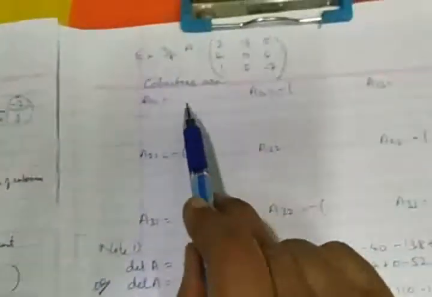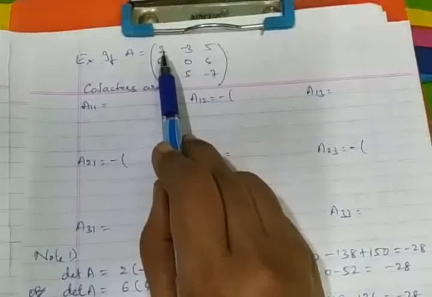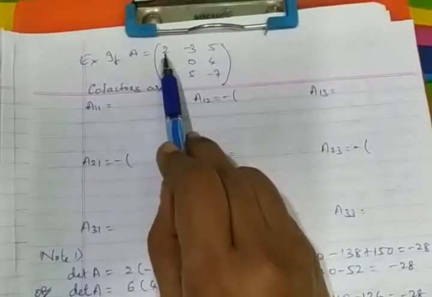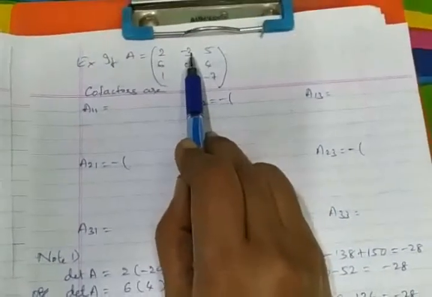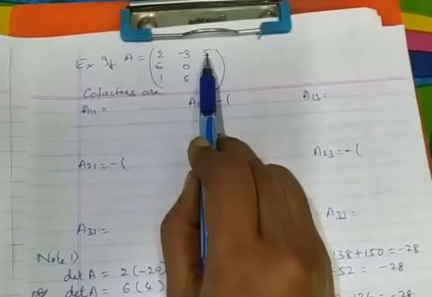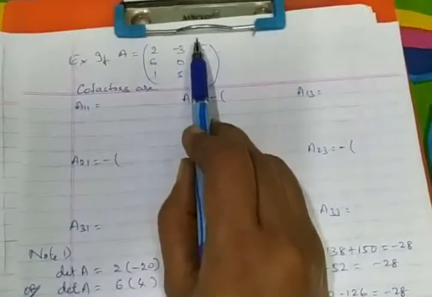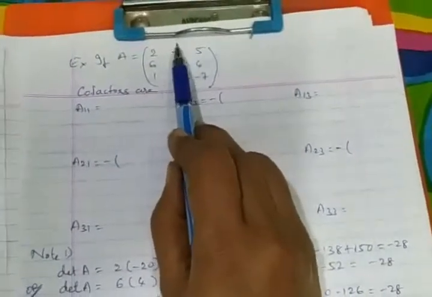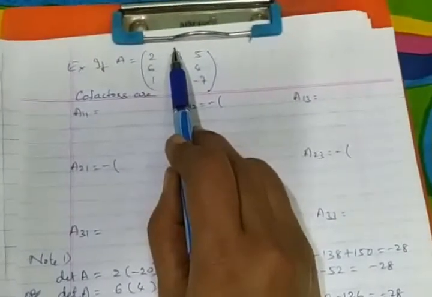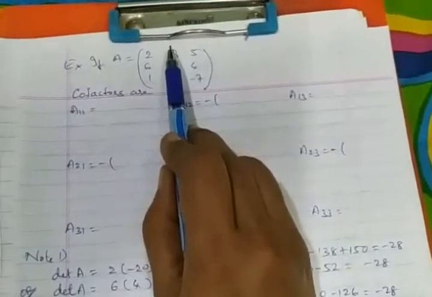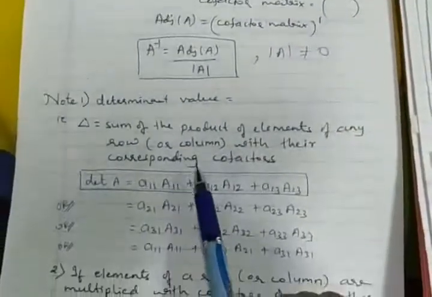Let me go for an example. See, this is the matrix given. So 2 I multiply with its cofactor, minus 3, let's find the cofactor which I'll multiply with this minus 3, and 5 I'll multiply with its cofactor. If I sum it up, which people already know how to expand by taking plus, minus, plus, that's why I asked you to take the minus sign here, because I was interested in the cofactor. Whereas in the first video I gave it as a rule. So it is as good as you are expanding it using this note only.